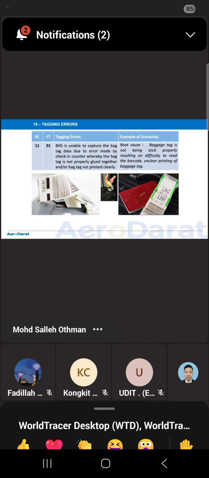Because before you go to work, before you come to your workstation, you have to check all your equipment, all your property, that everything in front of you is working. If the printer is the problem, you have to inform the IT team or whatever relevant party to rectify the problem. Same as a ramp driver.